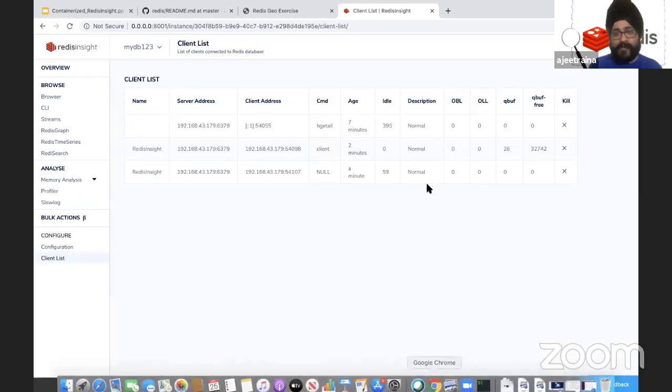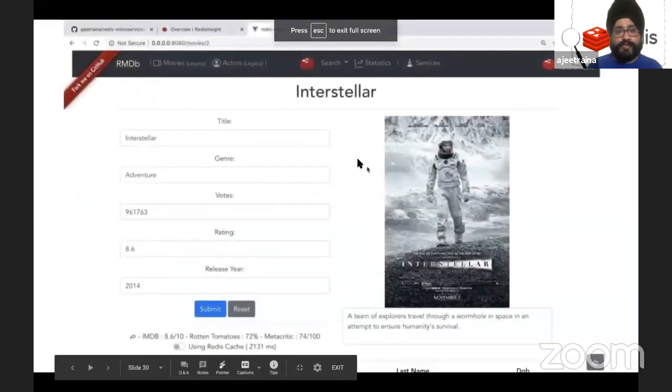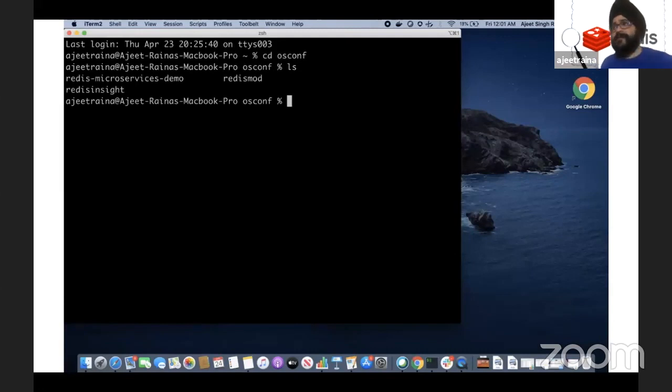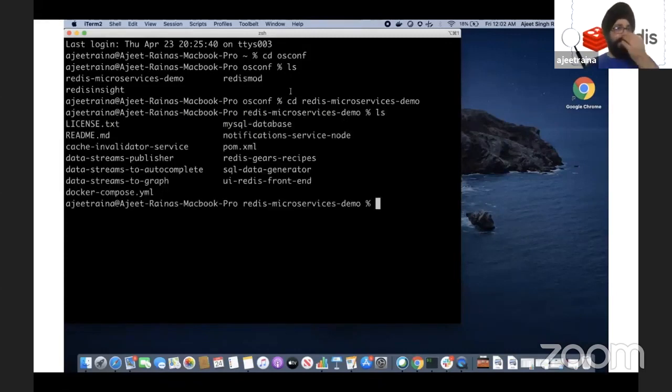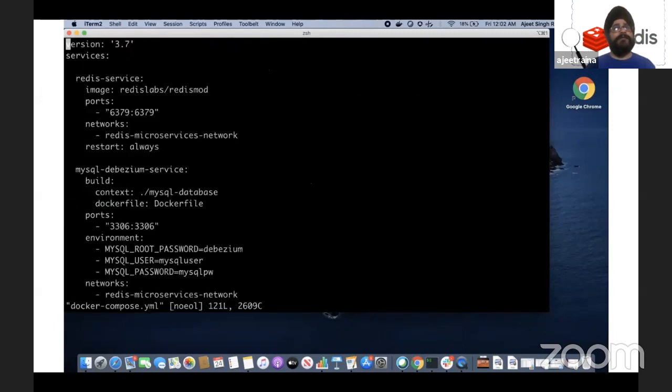So I have a small demo which I have recorded, which I would like to play and show you how we compare a relational database system with a kind of NoSQL database. So let me show you a demo here. There are a few microservices which we have built, which talk about MySQL, and this application is all about movie databases. We have 100,000 movies which we have collected from IMDb, and based on that, we will be evaluating the